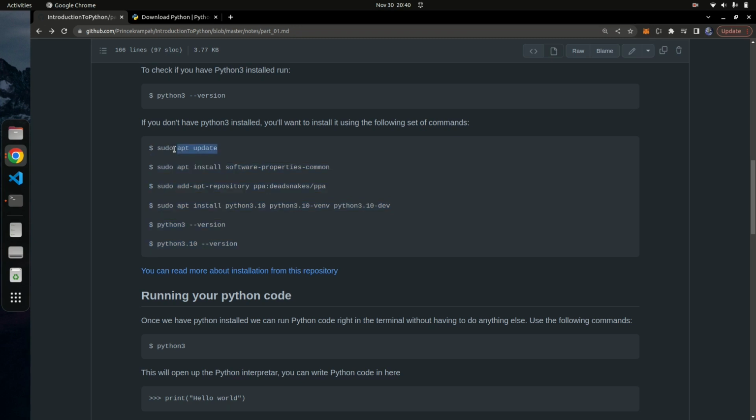Make sure that you don't include this right here. Just copy from the sudo and in here. Make sure there's no space before the sudo. No, this is wrong. Simply copy from the S until the end point here, and just install it. Make sure you copy like this and then run the command.